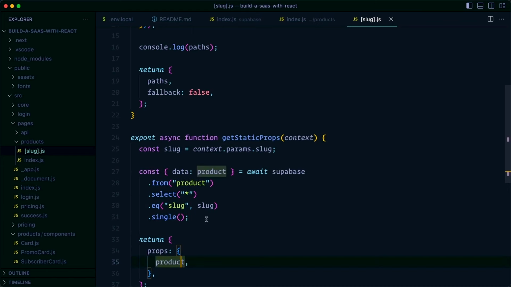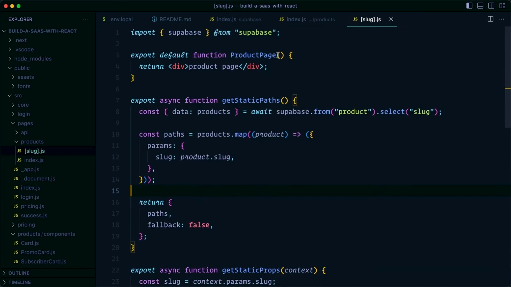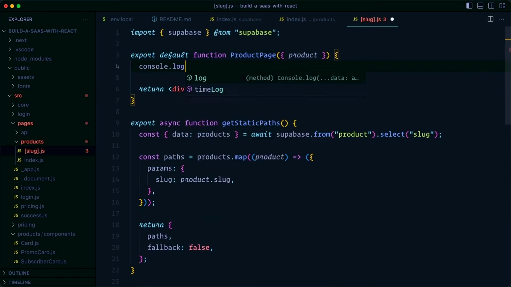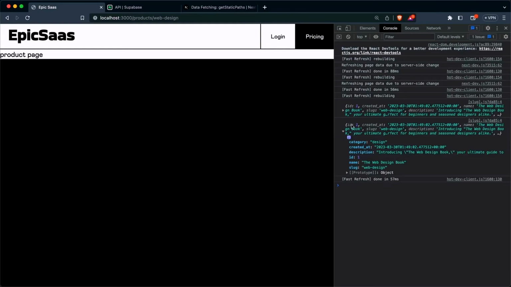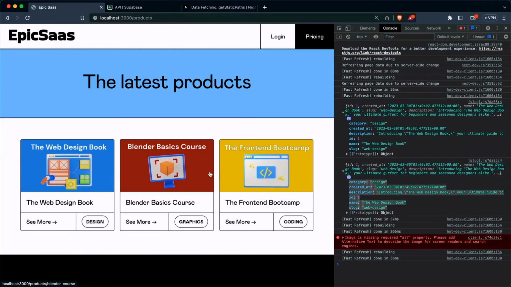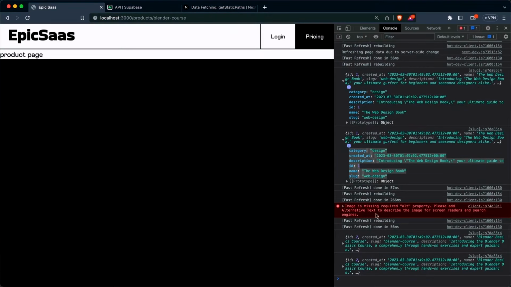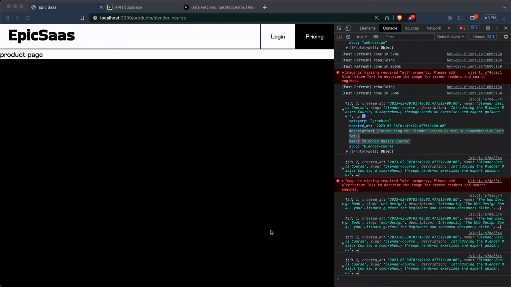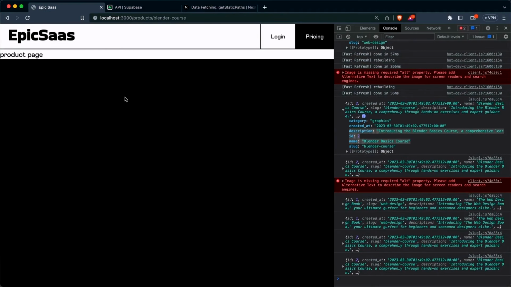We're going to call this product. So now we can remove the console log, add the product prop to product page, and log product here. We can see for our web design product, we just get the web design data. If we go back to explore products and we go to Blender Basics, we just get that data. Now that we're fetching product data for the appropriate page, we can design the page content using the data that